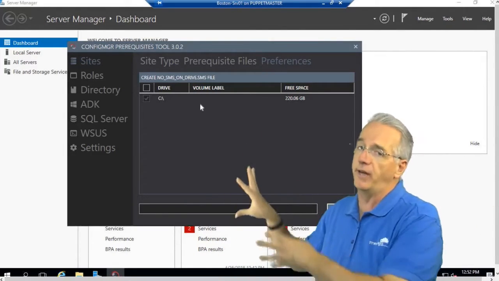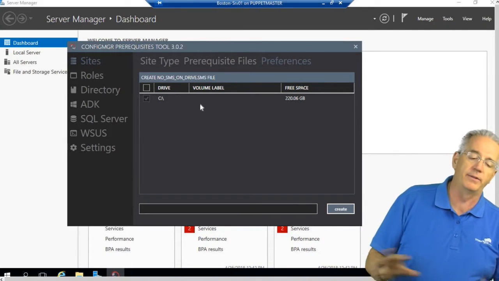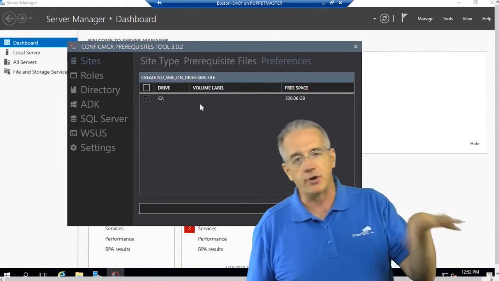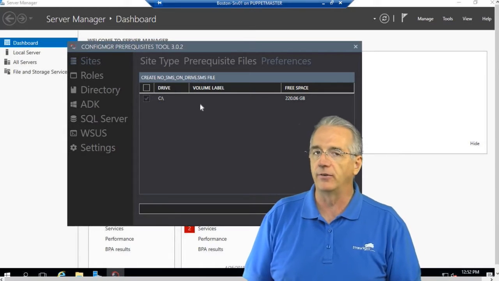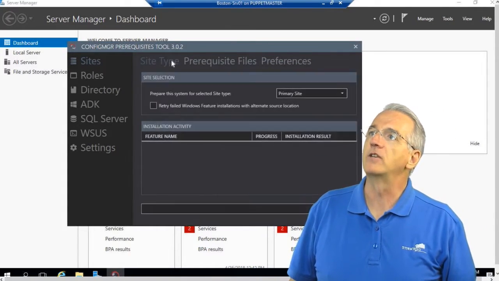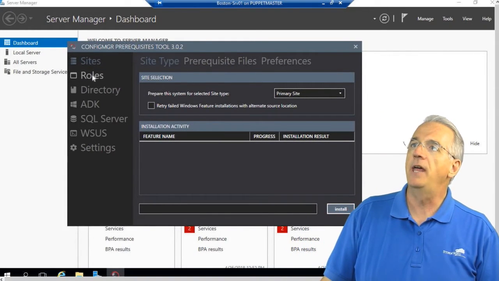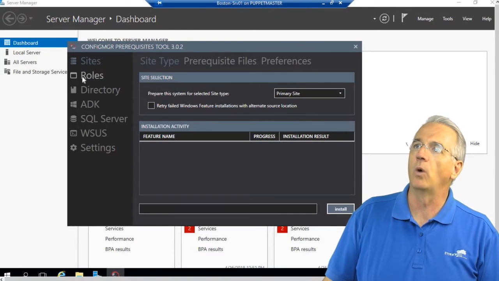And if you don't do this, it will go back to its old behavior and just find the one, well, there's a variation on it, but it'll try and find the one that has the most space. So that's what this prerequisite is. And that is pretty much all the tabs on the site thing. That's what we have right there. Then if we go into roles,